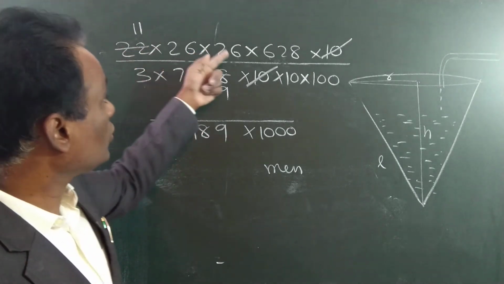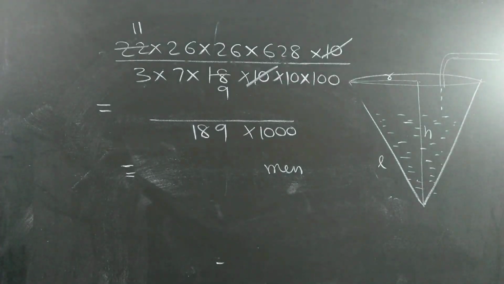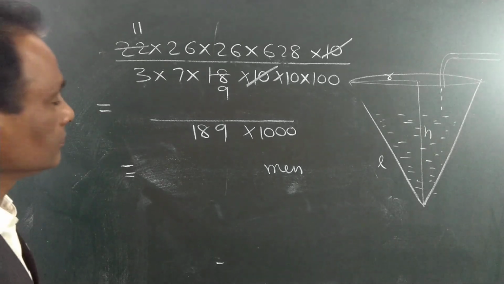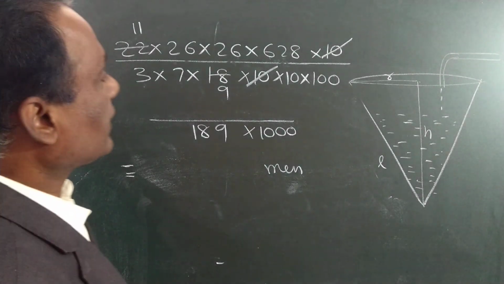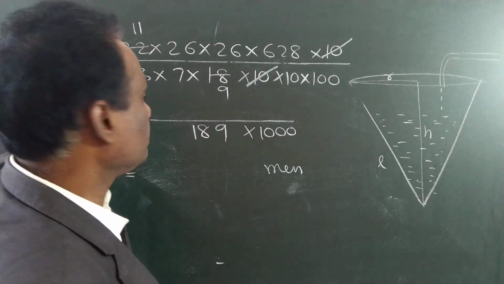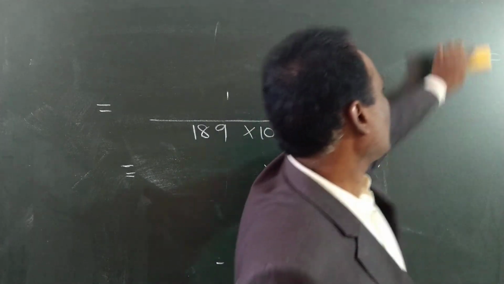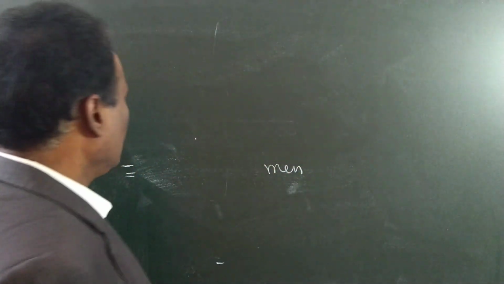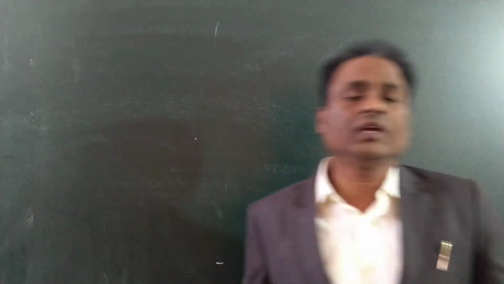These 1, 2, 3, 4 you multiply and write in the numerator. Get it. After this class, you try. So students, as I said in the beginning itself,